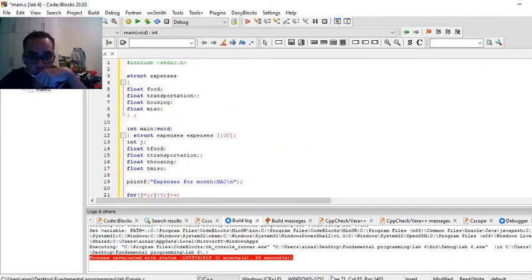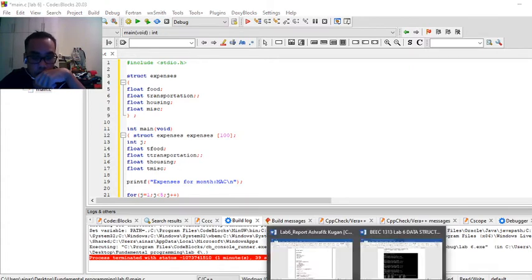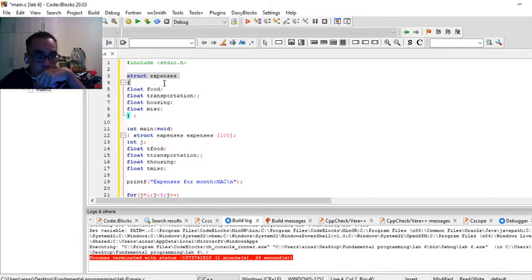So this is for the food that I got. It's a struct and this is float. I declare the data types for float: transportation, housing and misc.